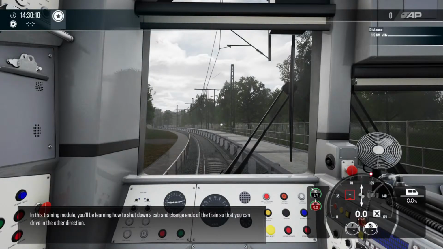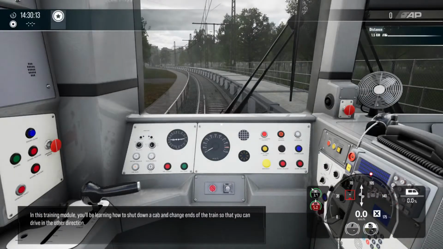In this training module, you'll be learning how to shut down a cab and change ends of the train so that you can